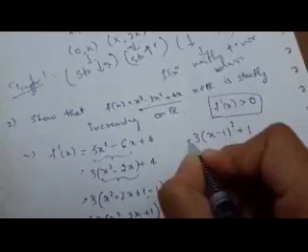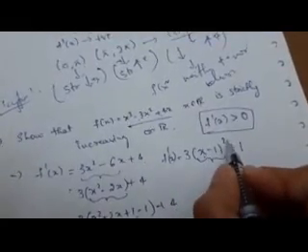Now you can see clearly that in our f dash of x, x minus 1 whole square, whatever the value of x might be, since we have the square, this term is always positive. It is always positive, which means it is greater than 0.